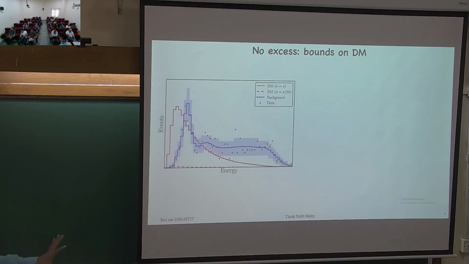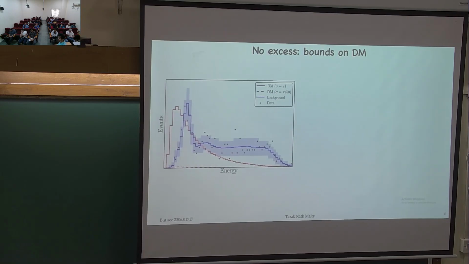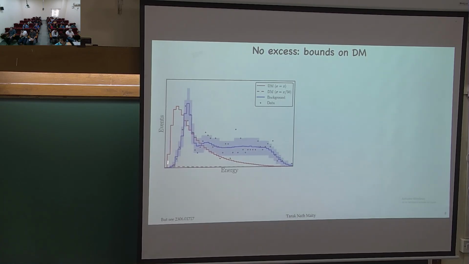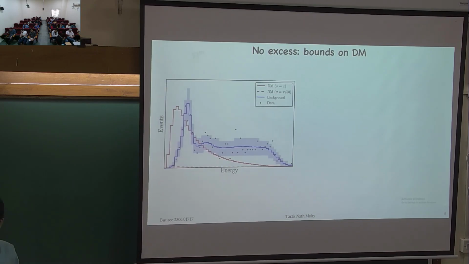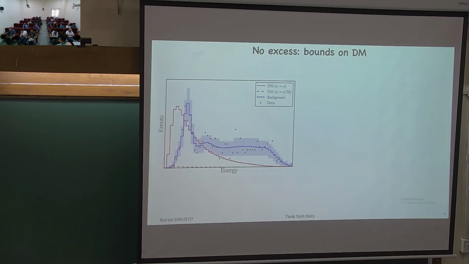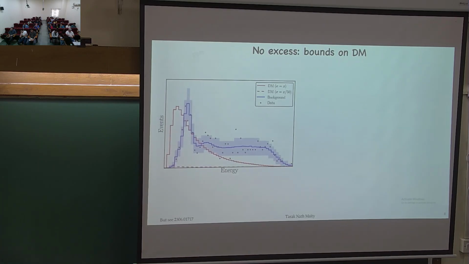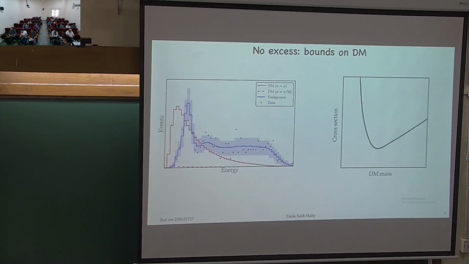Okay, so essentially the point over here is that it is roughly consistent with the data, and if you put in a signal which has a strength like this red solid line, by eye you could see that it is not consistent with the data because it is overshooting the observation in these first few events. Now if you kept on decreasing the strength of your signal coming from, let's say, dark matter, then at some point it would be statistically consistent with the data, and that leads to the bound in the dark matter parameter space. This is what a bound looks like.